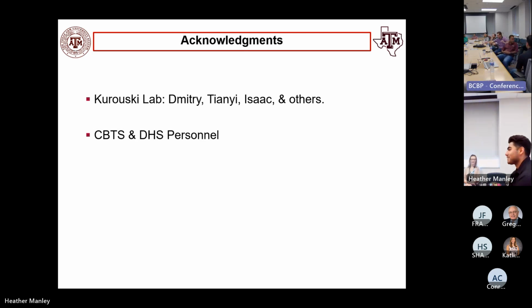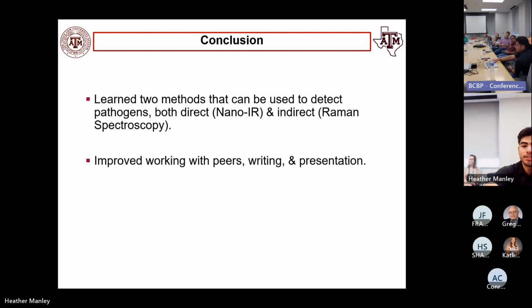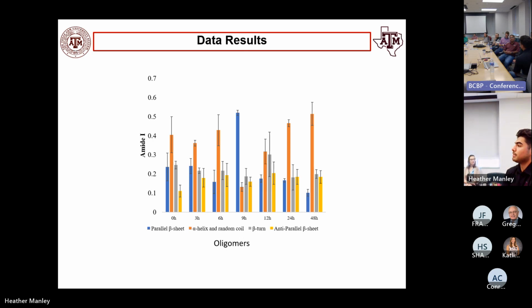Any other questions? This is a question for you and maybe also Dimitri, but in the graph it showed an increase in the helix and the unordered coils, about the 9-hour one, the blue one. Why is that, and then it goes back to the same level at hour 12 as it was at hour 4? Alright, so the interpretation we can take from here is pretty much,